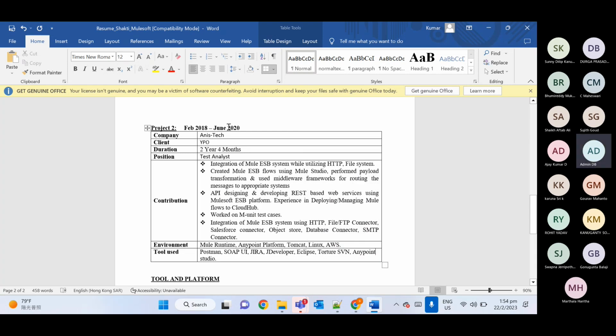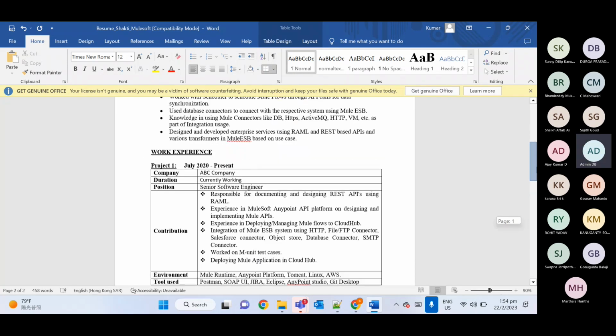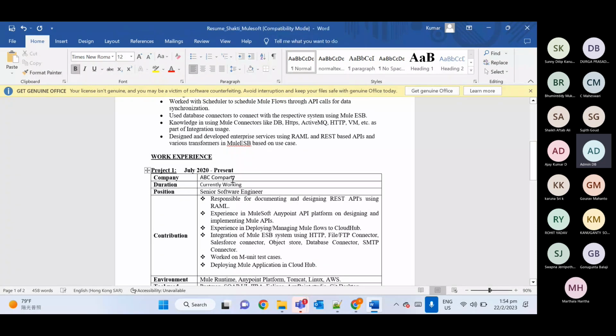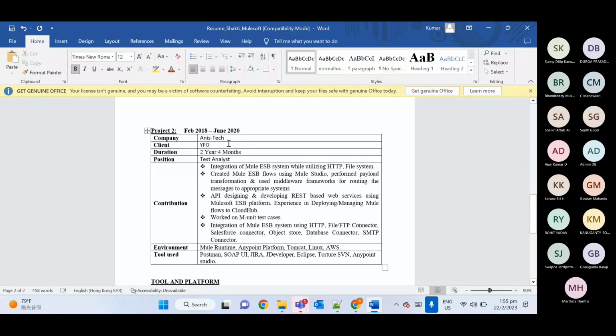For this project, used from January 2023, and the previous one will be December 2022.